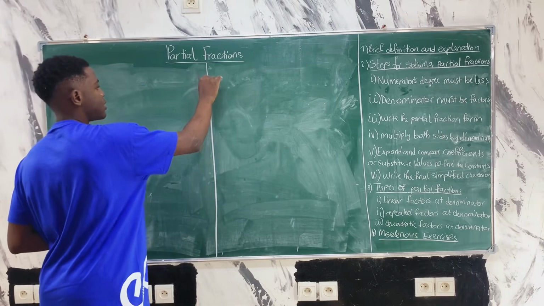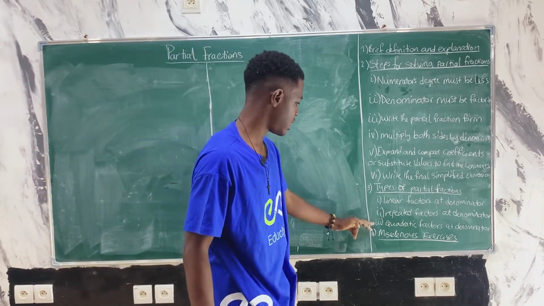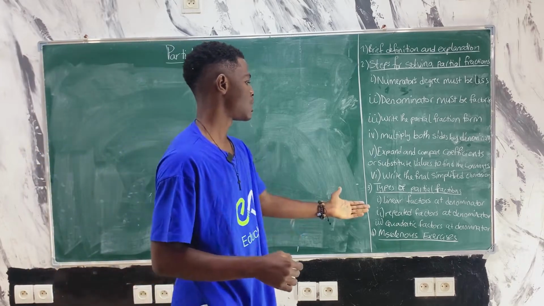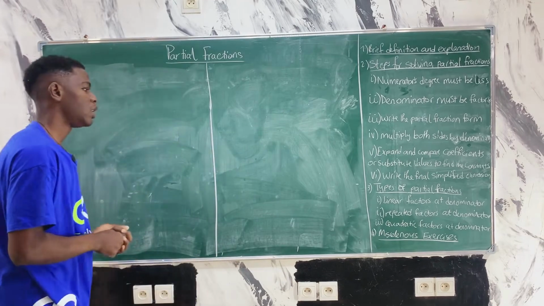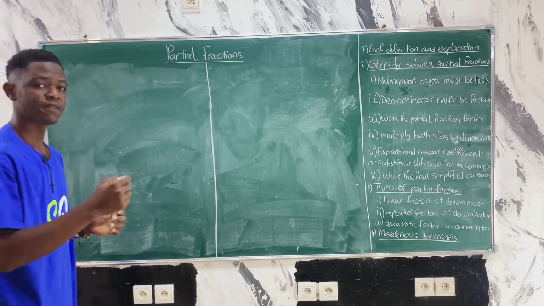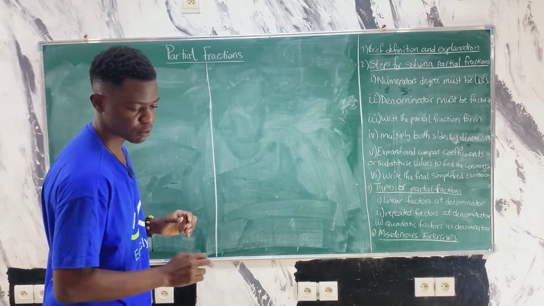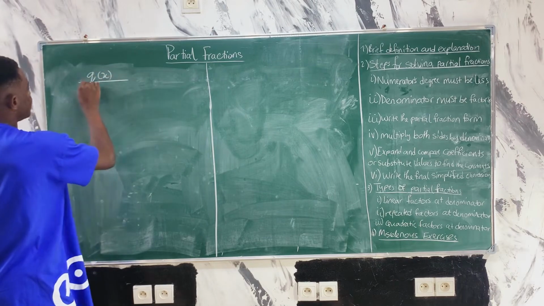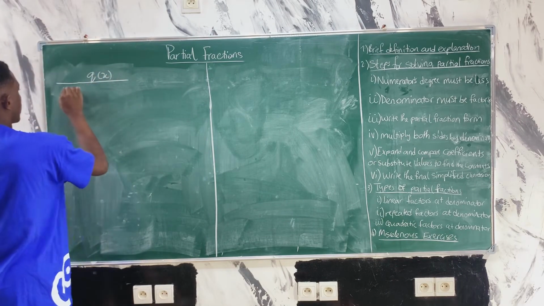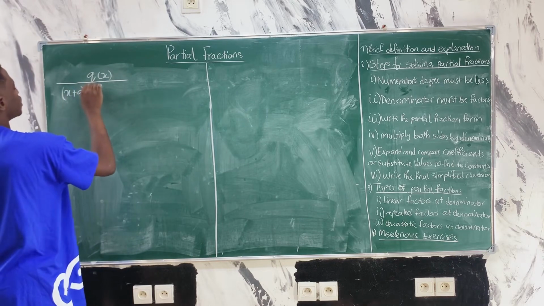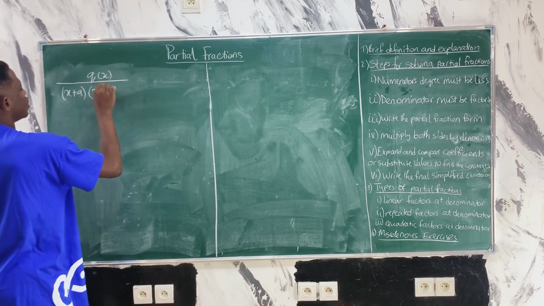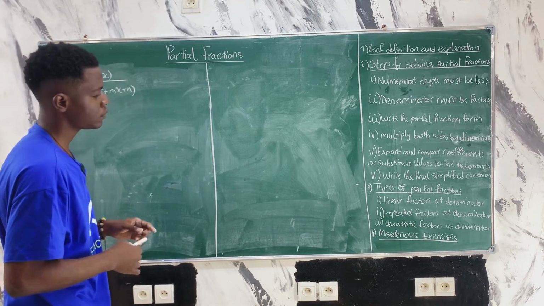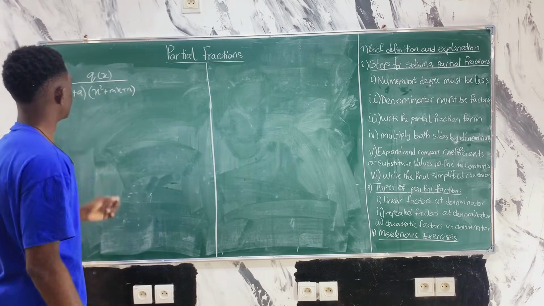Okay, so going with the third and last type of partial fraction, we have partial fraction with quadratic factors at the denominator. So partial fractions with quadratic factors at the denominator is partial fractions of the form q of x over x to x squared plus mx plus n, where